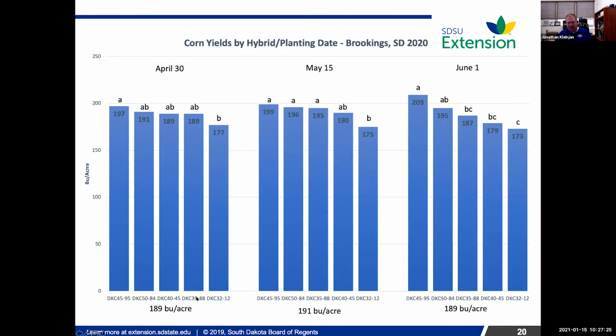They were just generous enough to provide the hybrids for us to use. But we had 95, 100, 90, 85, and an 82 day. And really from the 85 day on up, they all yielded fairly the same. These are all statistically the same here, except for the June planting date. The 95 day did really well, but the 85 day and up above was statistically the same as the 90 and even the 100 day.